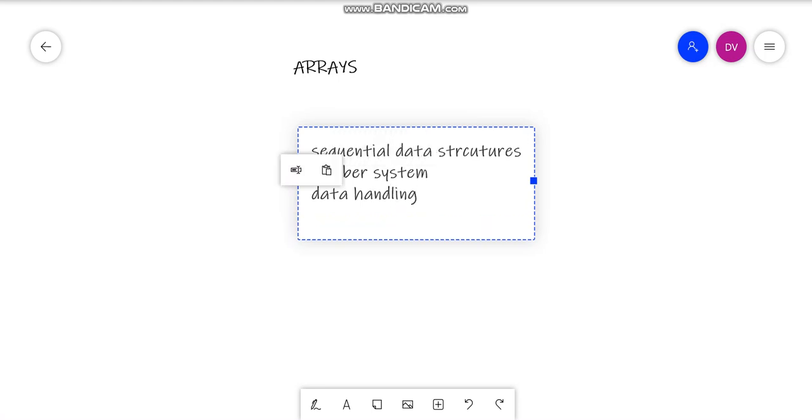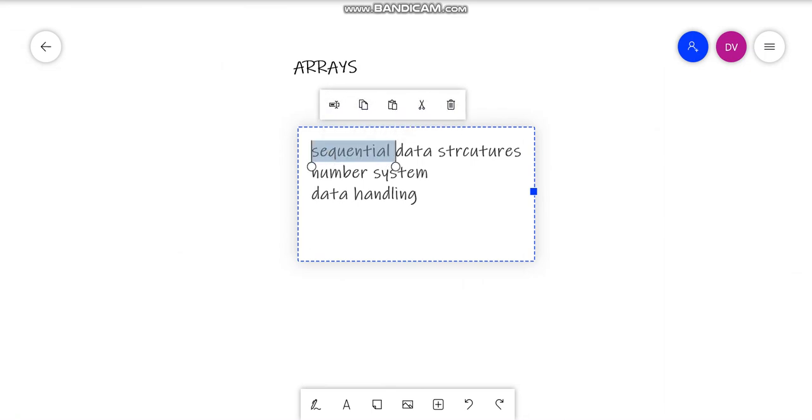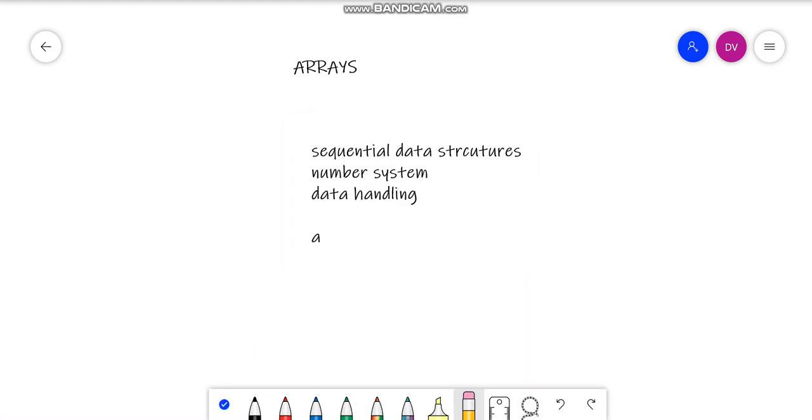So like this we have a specified index maintained, and this is what sequential means, one after another. How they are actually represented is one of the important tasks, and I will be showing you.